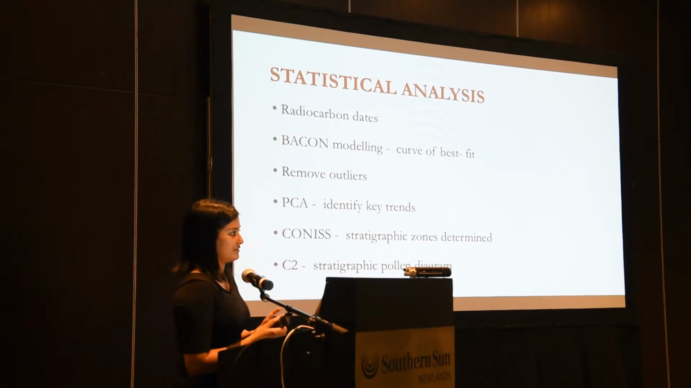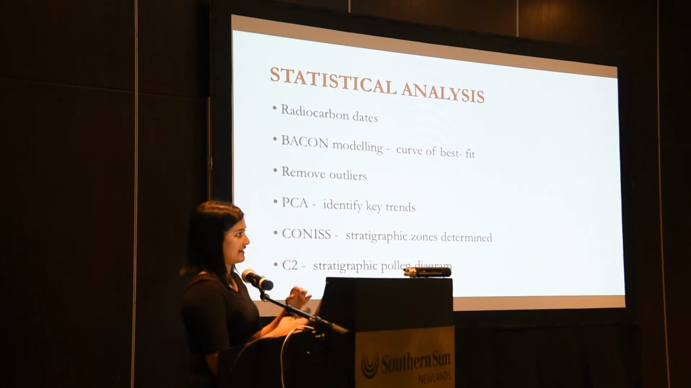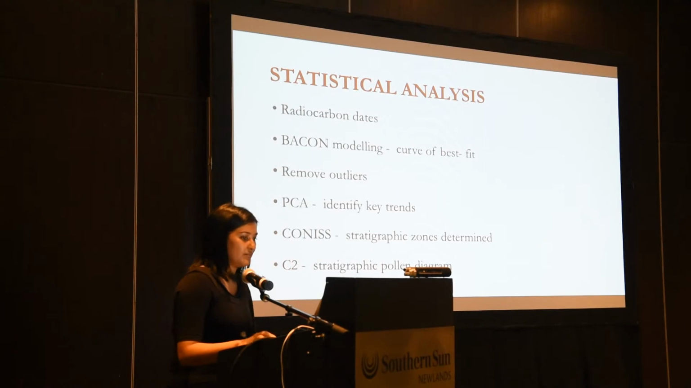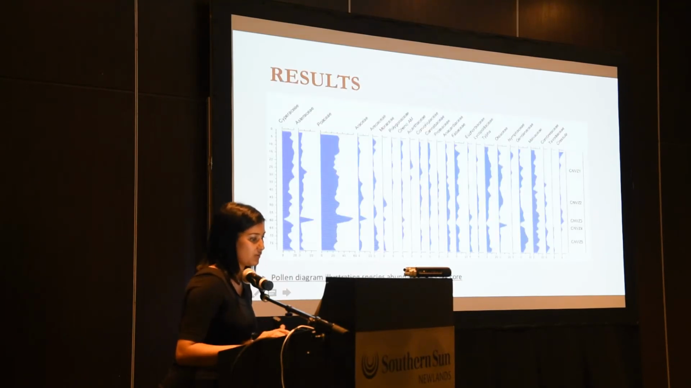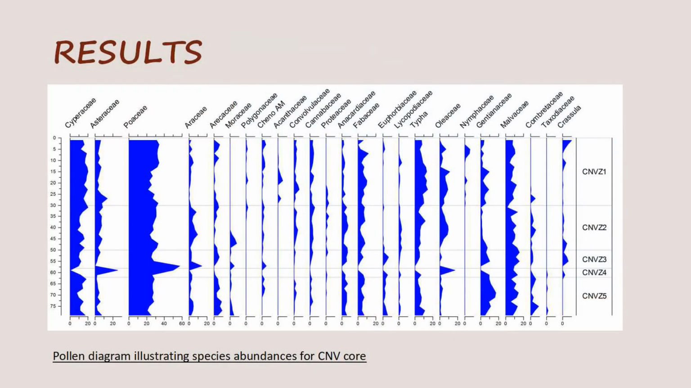A CONISS, which still has to be done to determine the stratigraphic zones and how they are separated. And then a C2 stratigraphic pollen diagram, which is here. So this is for the Okavango core, and as you can see,